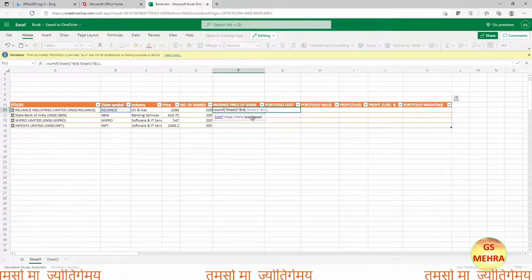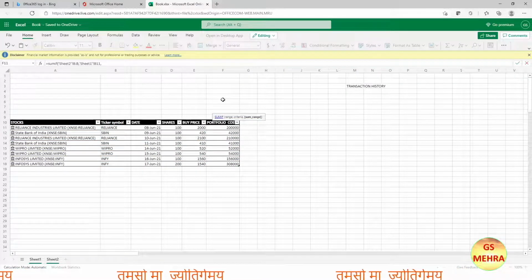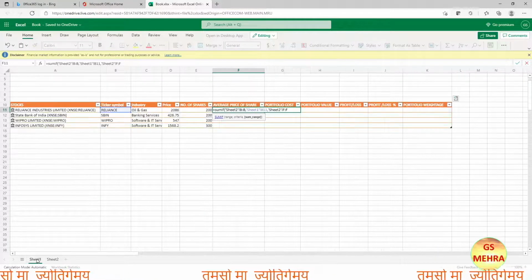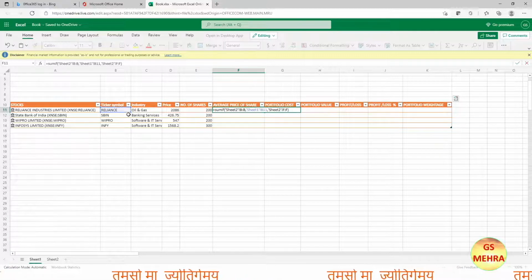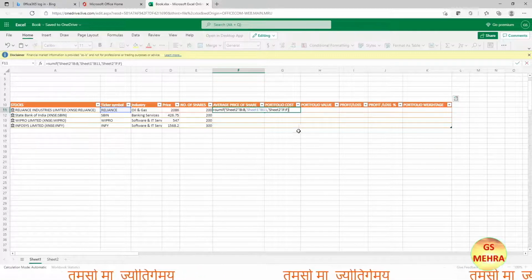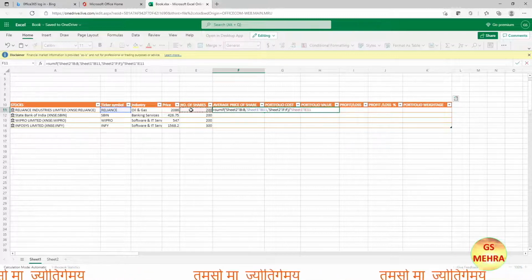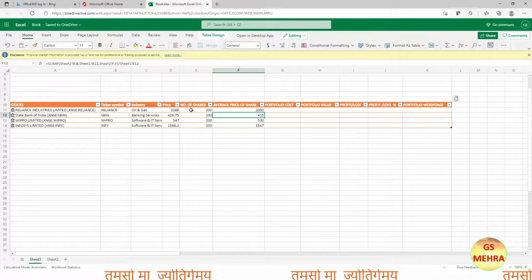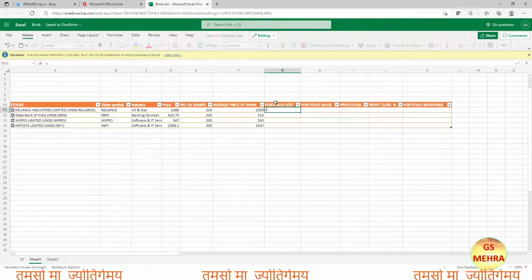Then again put a comma and move back to sheet 2. From here we'll take the column in which portfolio cost is there, and we'll take the whole column. So click on the letter F, and the whole column will be selected. Move back to sheet 1. Now we'll close it and then divide by the number of shares of Reliance. So put a slash, then click on number of shares. Press enter. So this will give us the Reliance share price of one stock, and similarly we have here all the other shares' average price.